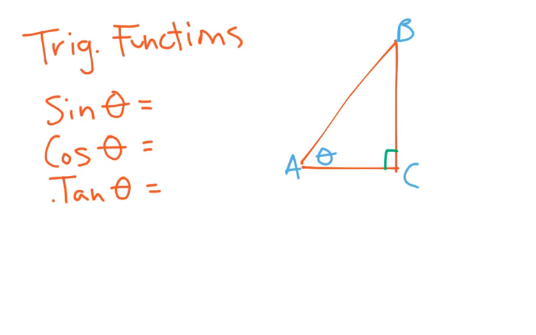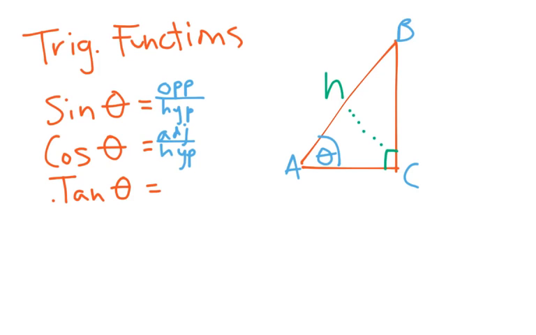So, the sine, so let's get ourselves some angles here. And this angle theta, that's all theta stands for, is an angle. So the sine of this angle is equal to the opposite side over the hypotenuse. Now, we always know what the hypotenuse is, right? The hypotenuse is across from the right angle. That side's always the hypotenuse. The opposite, and as in the cosine, the adjacent, because the cosine is adjacent over hypotenuse, those depend on your